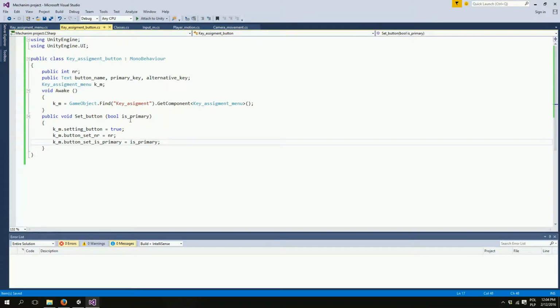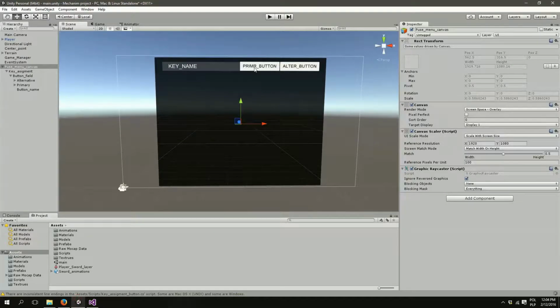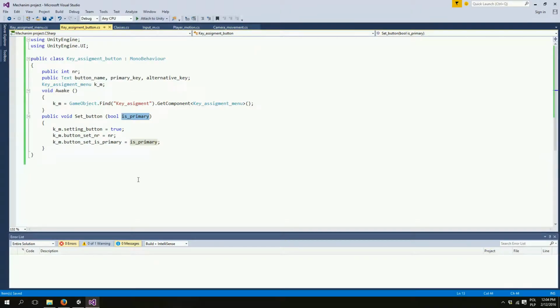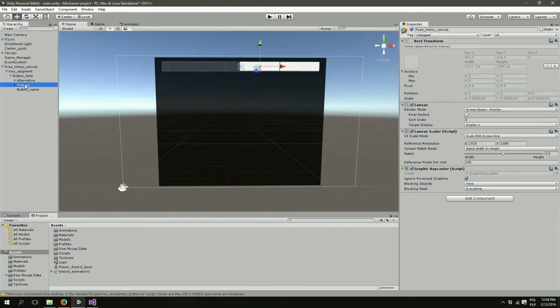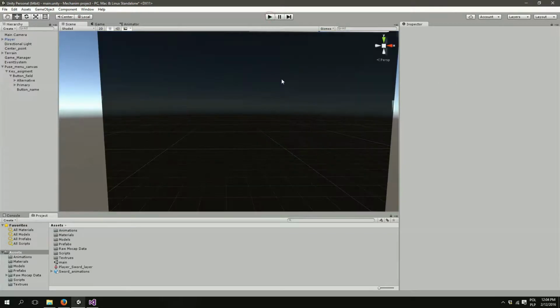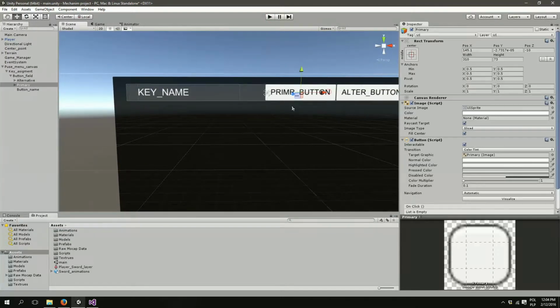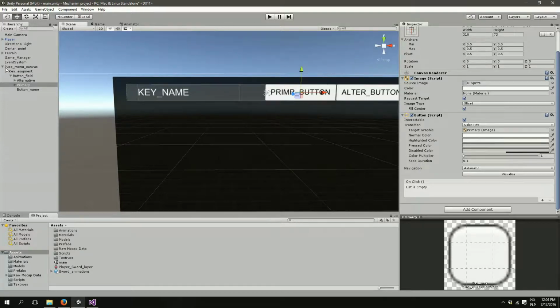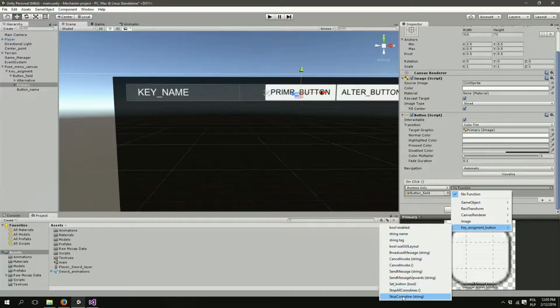And I will show you what that is. So basically when we are making this function, we'll pass this boolean value, and we may pass it true when we press this button and false when we press this button. So right now let's click, and you see when the letters are gone, you just need to go through assembly reload. Well, I mean enter exit payload. And here on click button I will add a function, drag and drop our button frame, find the function here in key assignment button called